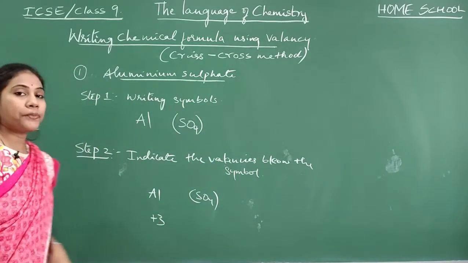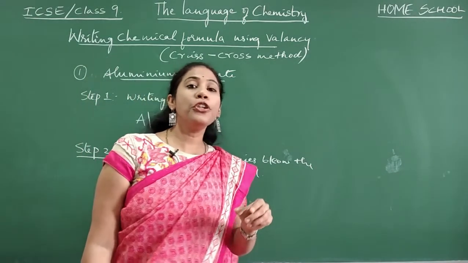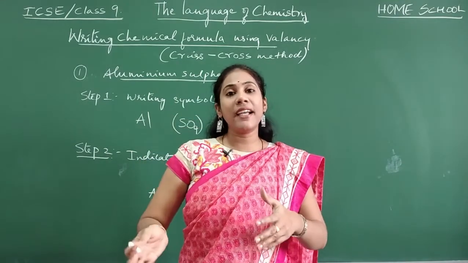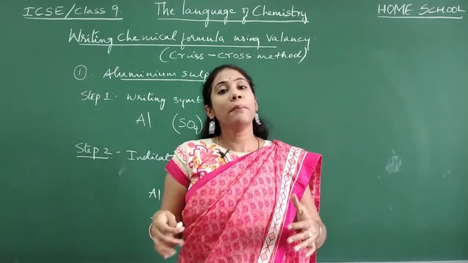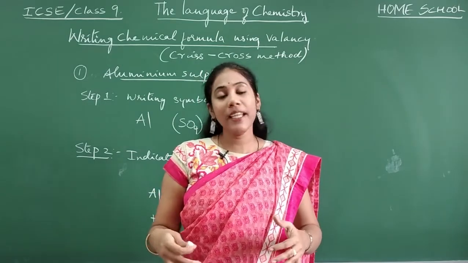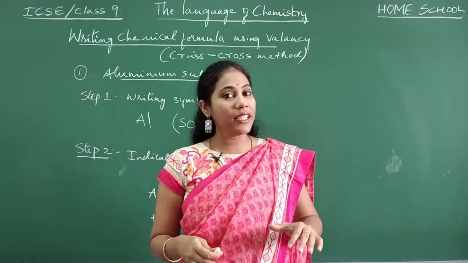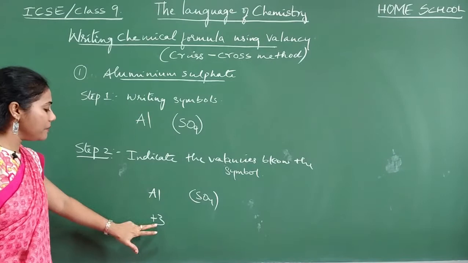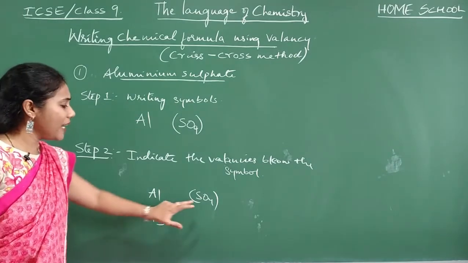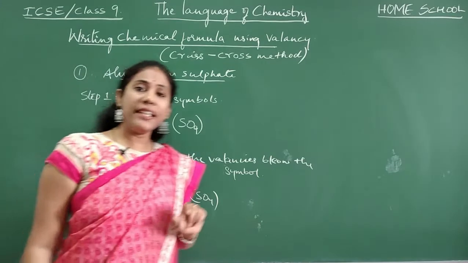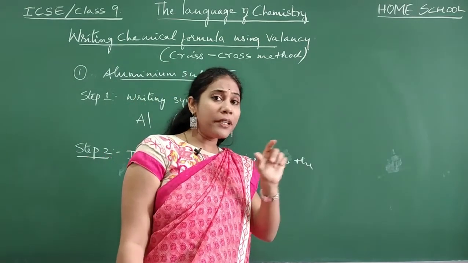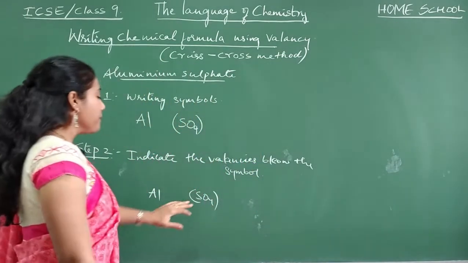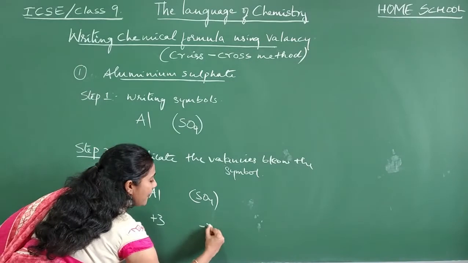+3 valency. In my last video, I also told you the easiest way of remembering valency. If you remember group wise, it will be easy for you. You need not remember for every element. Group wise valency I gave you in the last video. Please go back and have a look at that video. So aluminium's valency is +3, guys. And sulfate is a polyatomic group. All polyatomic groups' valencies I also mentioned in the previous video. Just go to that. And sulfate's valency is -2.